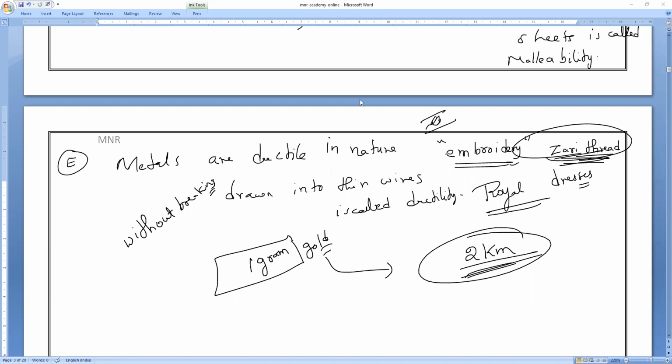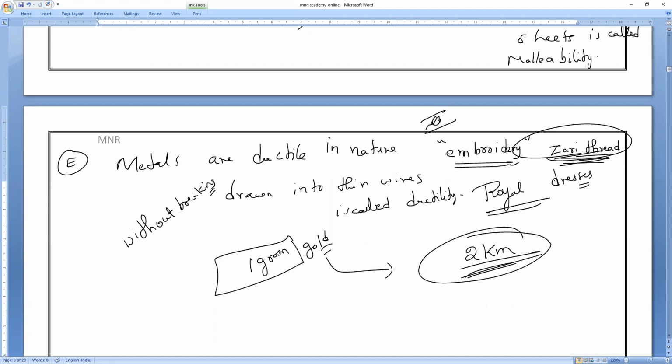Copper is also highly ductile, but not more than gold and silver. Clear, all of you? Silver is also one of the best ductile metals. Before, instead of jari thread, people used to use gold thread only. Now also, heroines and heroes, because of their surplus money, can afford it. But nowadays, people like us use silver thread as jari material, but that is also very expensive. Nowadays, silver is almost 80,000 for 1 kilo with the tax. I'm just giving you an idea so that you can remember it in future.